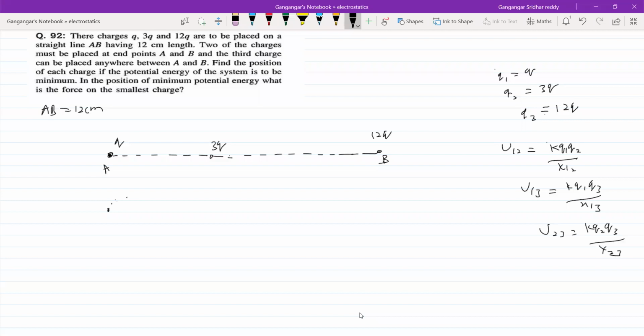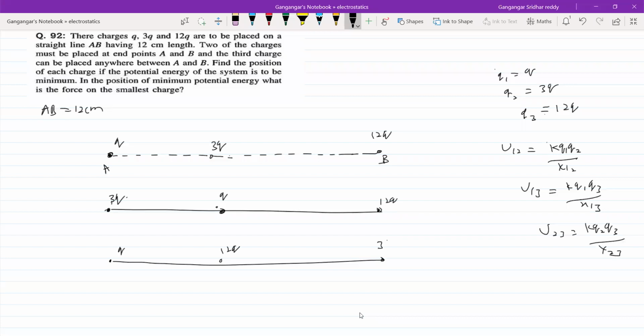What is the next combination? Okay, Q in between, 3Q, and this is 12Q. Now look at this. What is the other alternative? The other alternative will be 12Q, I'll bring in between. I think these are some possibilities we can do here. Nothing wrong if you think this way also. You are just analyzing, no? The idea of the problem should strike by seeing the question only; if not, analyze, try it in different ways.